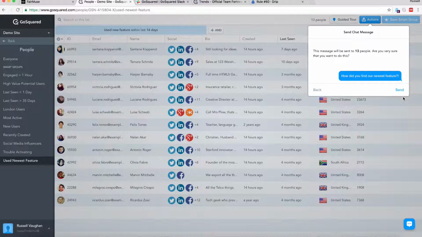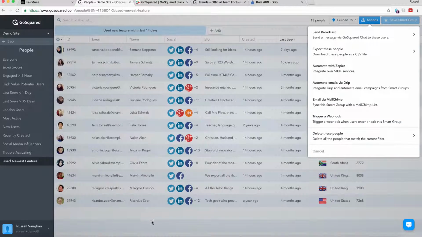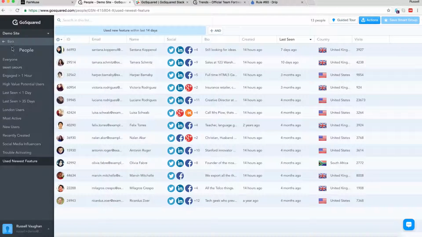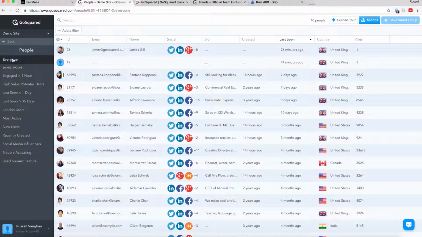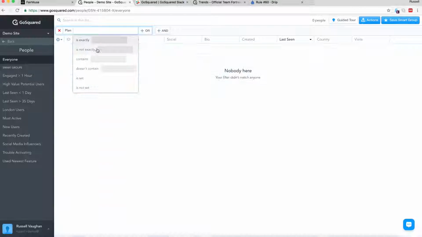And finally, I just want to look at how we can build a smart group to proactively prevent churn as well. We head back, and just click out, and we click into everyone. What I want to do is identify any of my paying customers that haven't logged in for a while. It could be a good indication that they might be looking to churn. So I'll add a filter. An easy way to do that is I'll just find anyone that's on my demo pro plan,